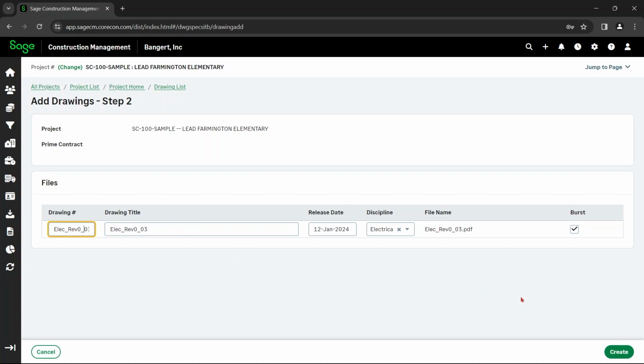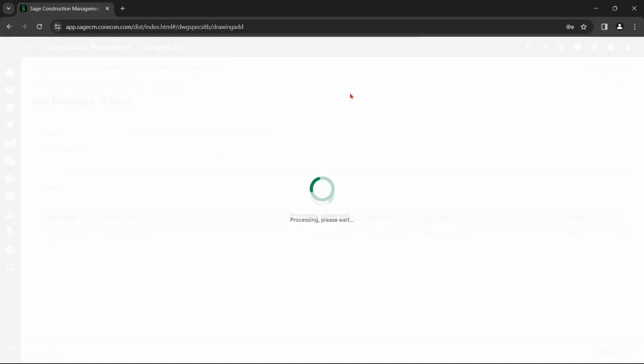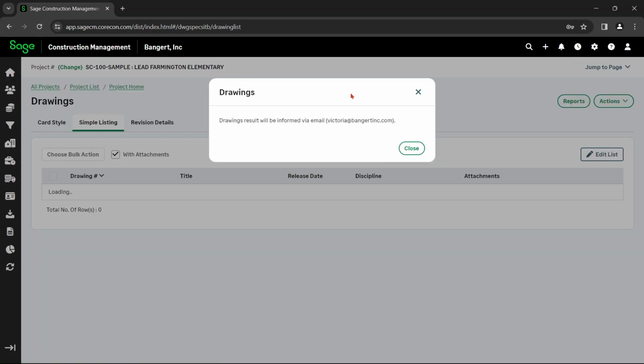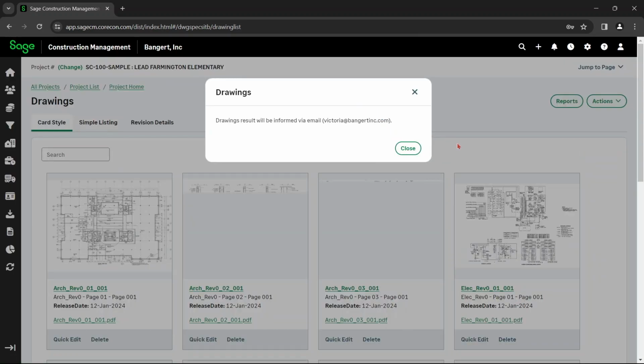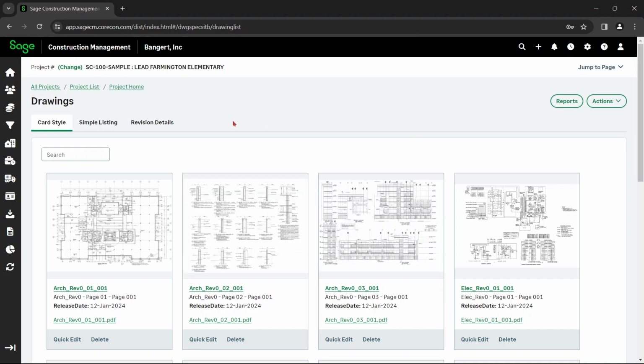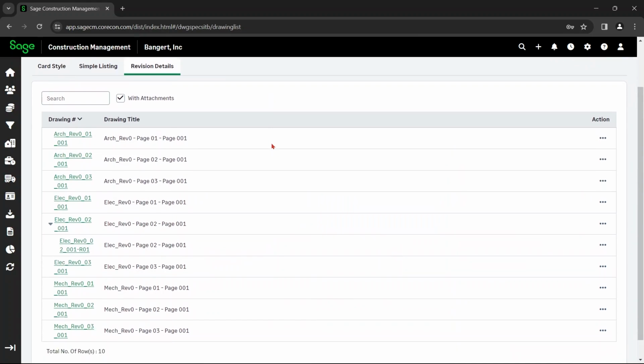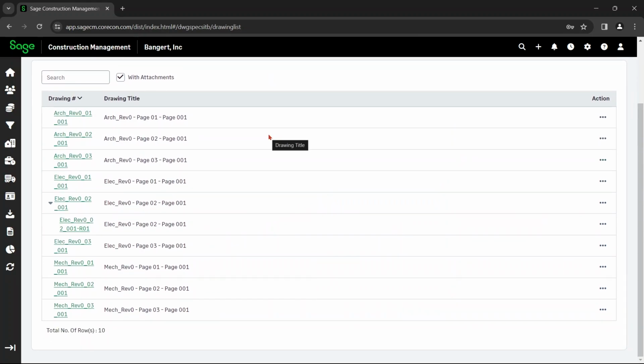And so, create. And then it may take a minute to load because I did just select the long loading option, but here I had already put one in, and so this is what will show up as your addendum to the drawings.